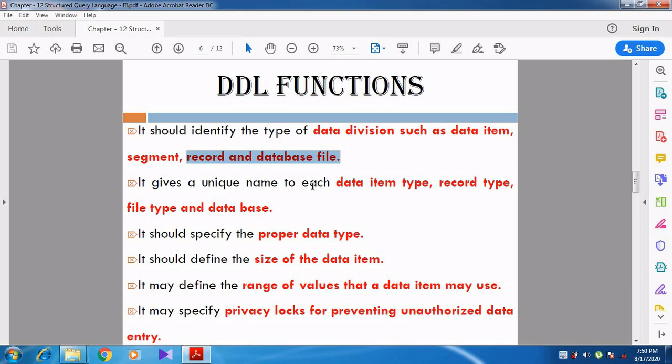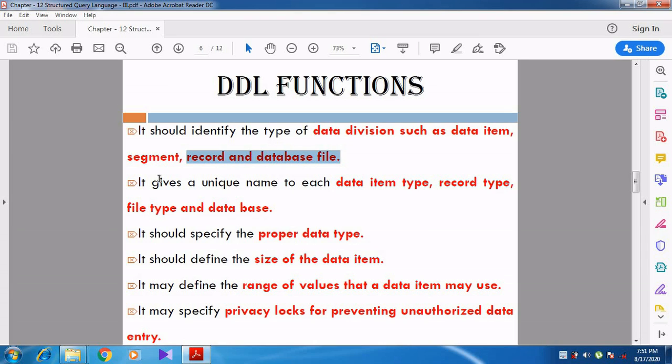For example, whenever I go for a mobile number or contact number, the data will be numeric, that is a number. Whenever I fill the name of the student or the name of the employee, I give alphabets, characters, so it will not be a number. So each and every data should be segmented, separated and identified, and then it should be stored in the database table.